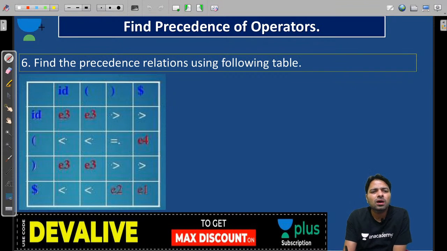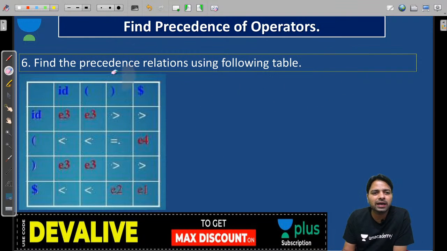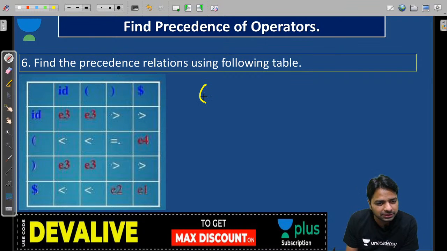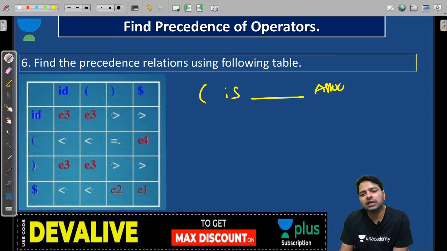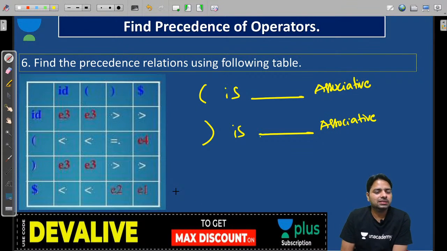guys. Now अब तो टेबल दिया, टेबल से बोलना पड़ेगा आपको क्या रिलेशन से आपके पास। गाइस नाउ लेट्स आई एम आस्किंग अबाउट प्लस इज डैश एसोसिएटिव, ये क्वेश्चन है आपके लिए, एंड स्टार इज डैश एसोसिएटिव। तो नहीं है ना, प्लस स्टार नहीं है ना यहाँ पर, तो क्या है ये भी चेक करना। कंपेयर आईडी ये लेट मी चेक, इज डैश एसोसिएटिव, ये कुछ अलग ऑपरेटर्स यूज किया तो चलेगा। एंड क्लोज पैरेंथेसिस डैश एसोसिएटिव, ऐसे वाली है। और डॉलर डॉलर तो रिलेशन है, आईडी आईडी रिलेशन है, बस इतना है। यस, बाय डिफॉल्ट नहीं बोलना, बाय डिफॉल्ट आपका लैंग्वेज अलग है, ये